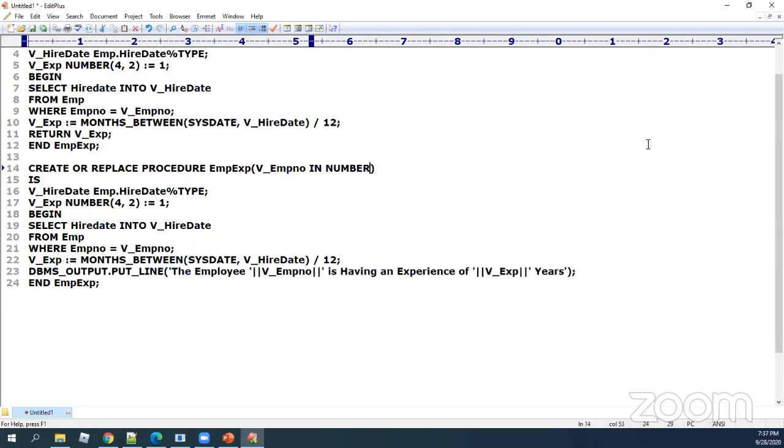So watch what I'm doing. I'm adding a comma, and I'm saying O_EMP_EXP, out mode with number. This clearly shows that it is going to carry this data to the end user.